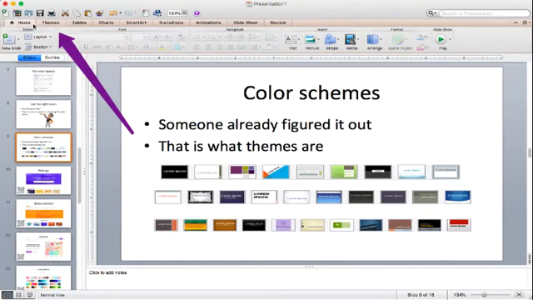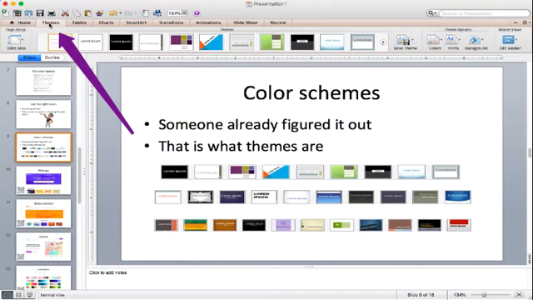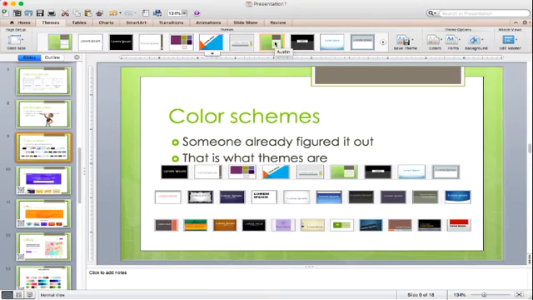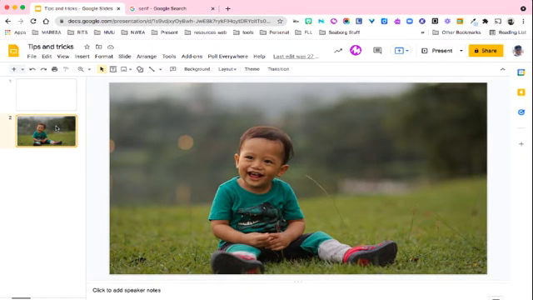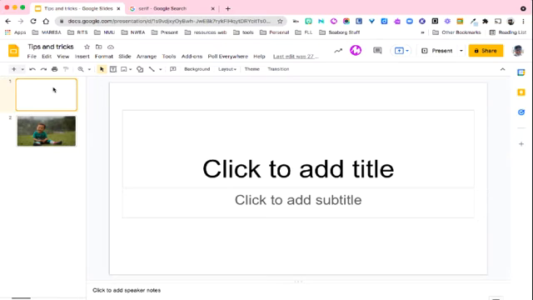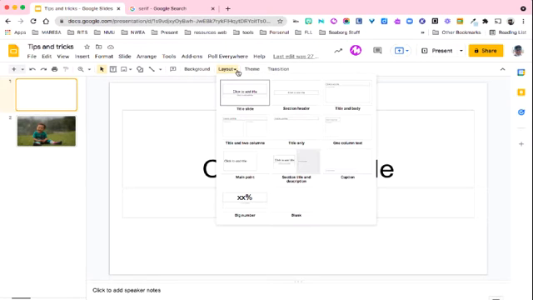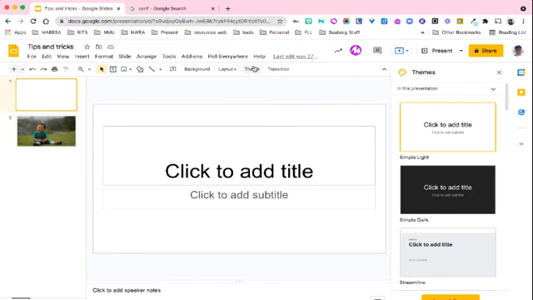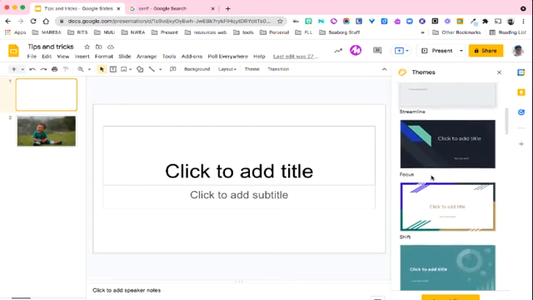And in PowerPoint, you will have one of these tabs at the top be all the different themes that you can choose from. And when you choose a theme, it will apply it on all of the slides of your presentation. Google Slides also has themes available. So if you click on a slide and look at the menu at the top, you will see there's your background layout. So these are the different layouts that you have. And then right next to it is the themes. There are not as many themes here as